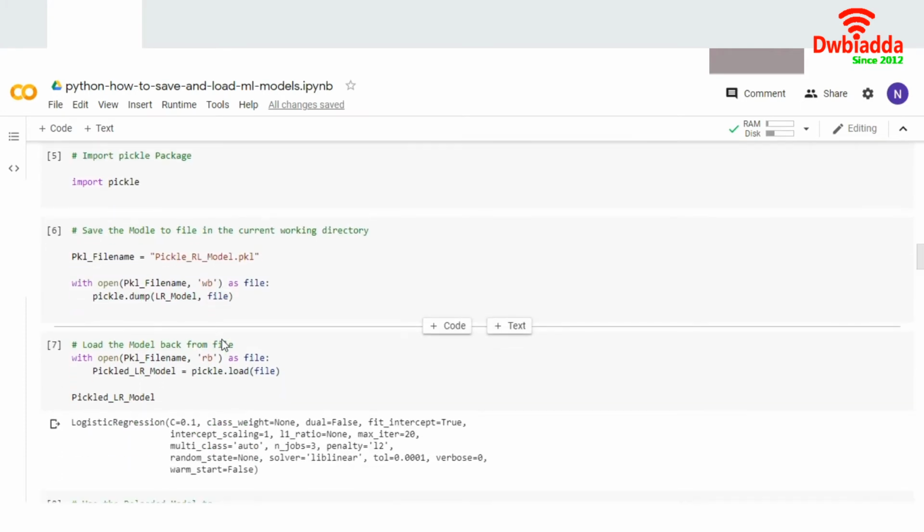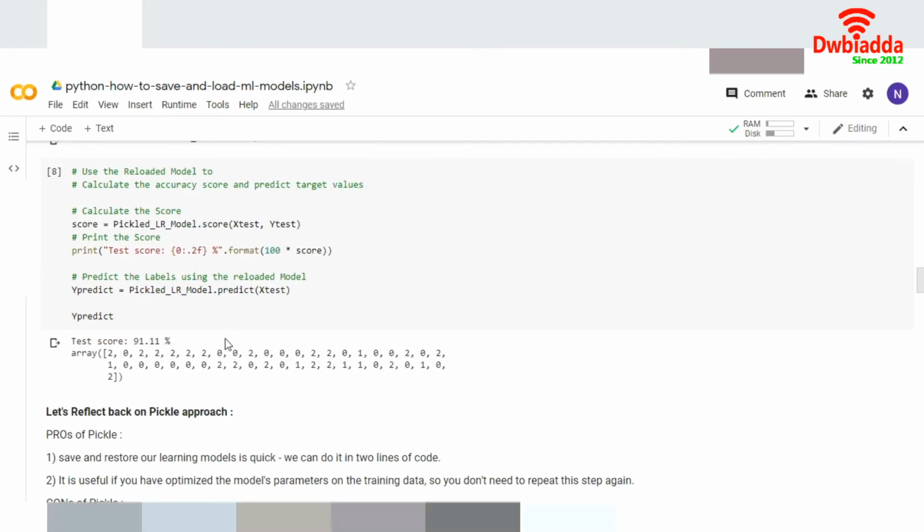So you got your previous model, and then we reload the model to use it on unseen data. Now I will test this same model for evaluation on the unseen data, that is the test dataset. This is its output.